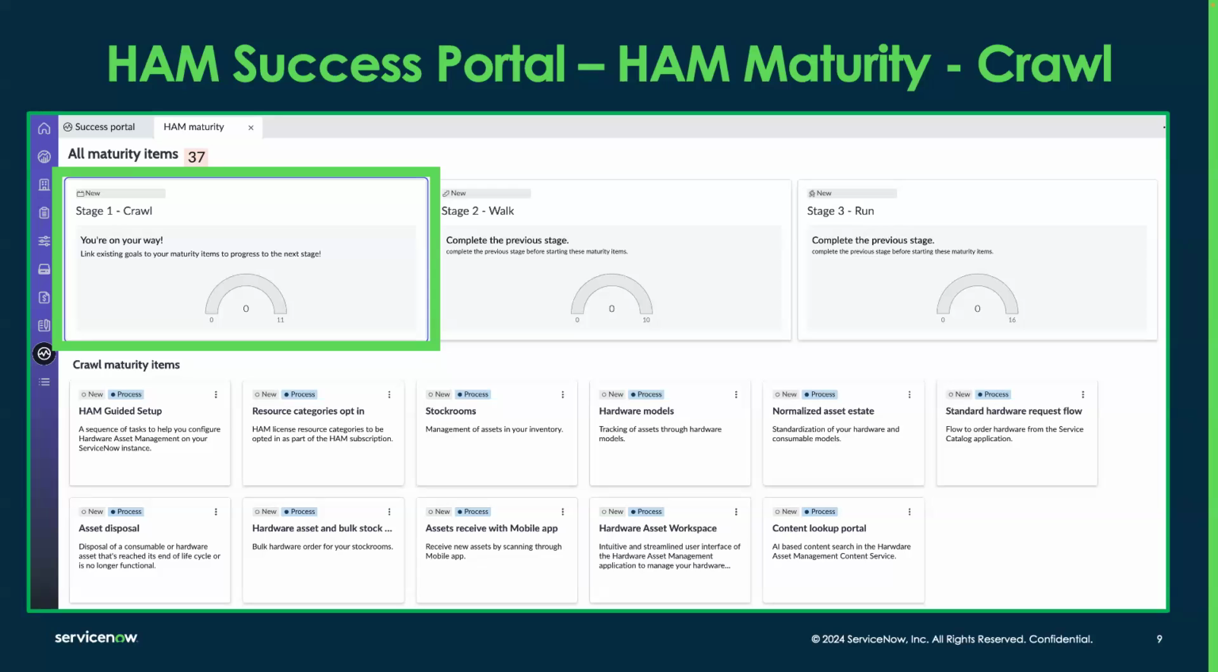The key activities ensure the setup and configuration of HAM according to best practices. You're going to be defining your asset models and creating stockrooms, even establishing some of these core processes from the very beginning. Also, we're going to be setting up the normalization process and making sure that your hardware models are being imported or created in such a way that they're able to be normalized. And we'll talk a little bit about that in a few minutes. Actually, we'll jump into all of these in a few minutes, but let's just jump into the next